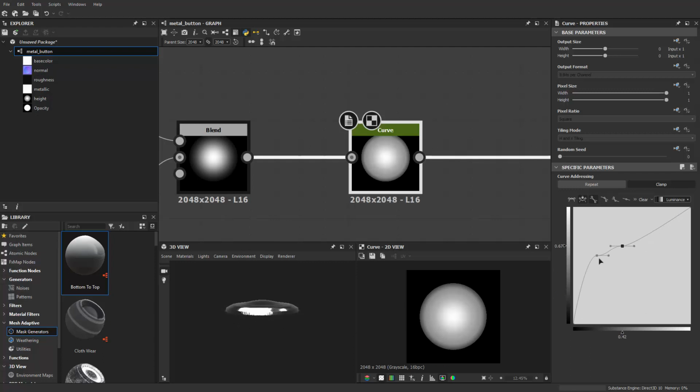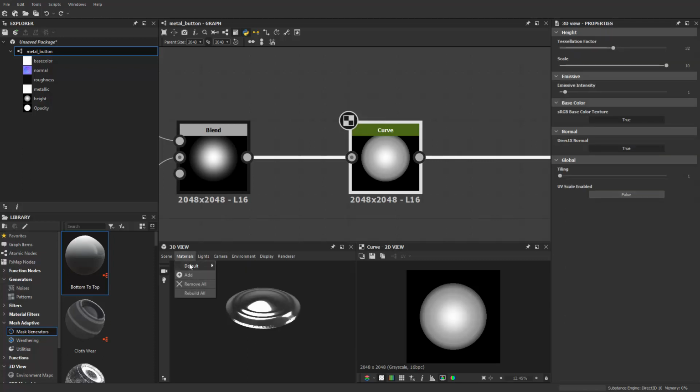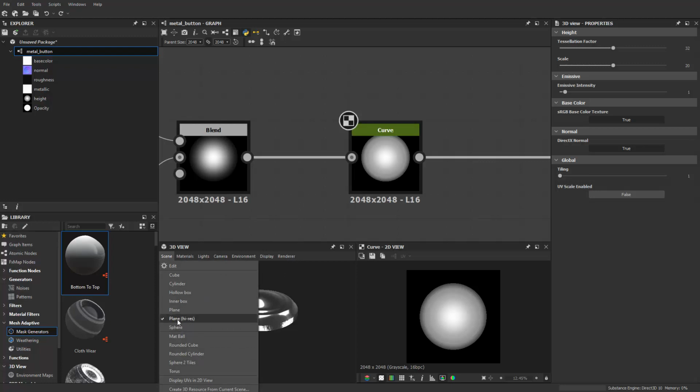If you don't see it going up and down like what I'm having here, you go to Material, Default, Definition, physically metallic and roughness, and you change the setting to tessellation, and go to the tessellation factor and change that to 32. Crank the scale up to 10 or even 20. Sometimes it's just bumping out more. Okay, and also make sure that you're using this plane as the model,